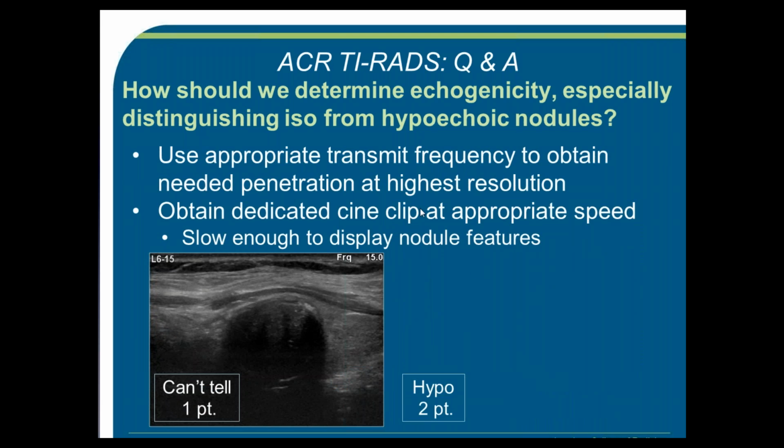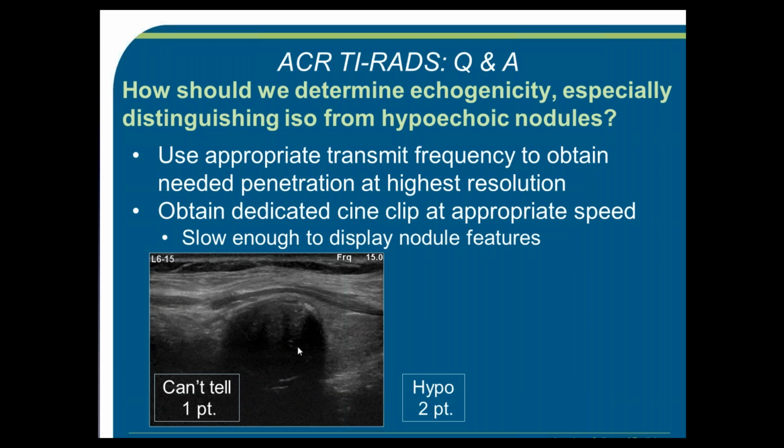Then the next question is, how do you optimize the image to distinguish the echogenicity of a nodule? And again, you need to use the appropriate transducer and obtain cine clips when necessary. Here's an example of a patient where we have a nodule and there's peripheral calcification that is causing a fair amount of shadowing. In this case, you probably would have to say you can't tell what the echogenicity is and